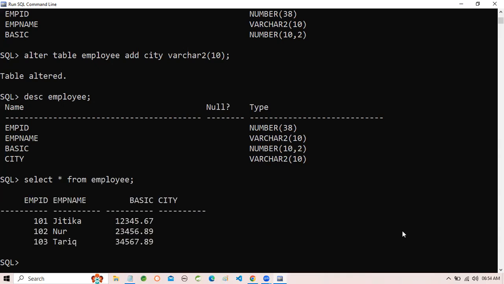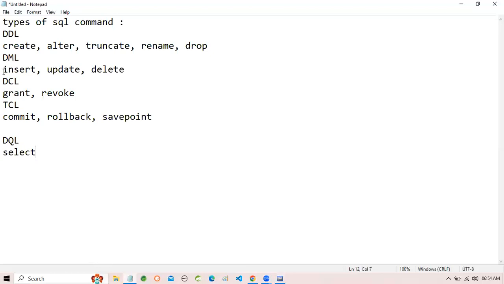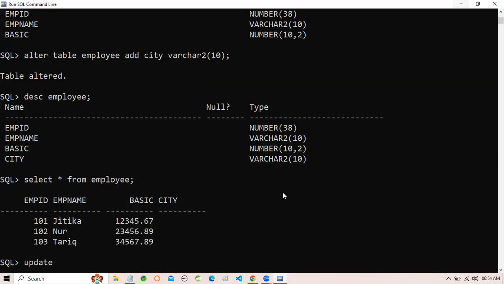City is empty because it's a new column. So we want to add new data in city. So we use the UPDATE command. Update is a data manipulation language command. With the help of UPDATE, we can modify already existing records. UPDATE table name employee and SET city is equal to